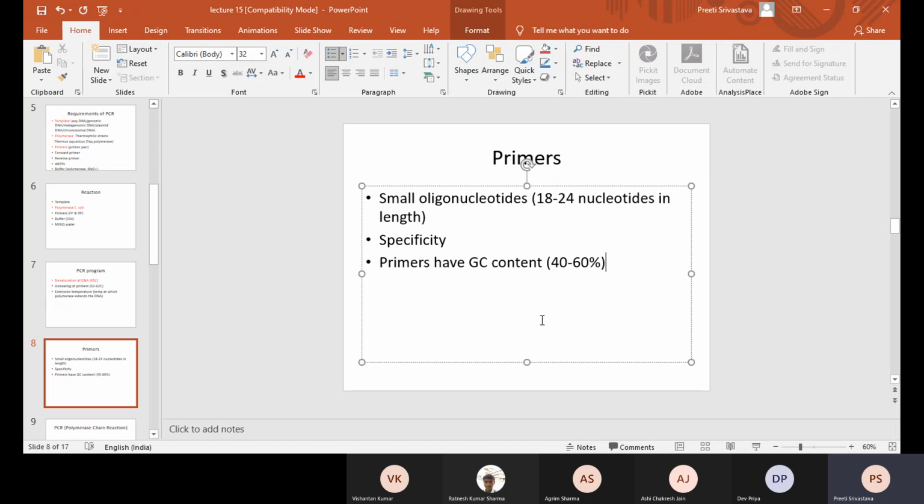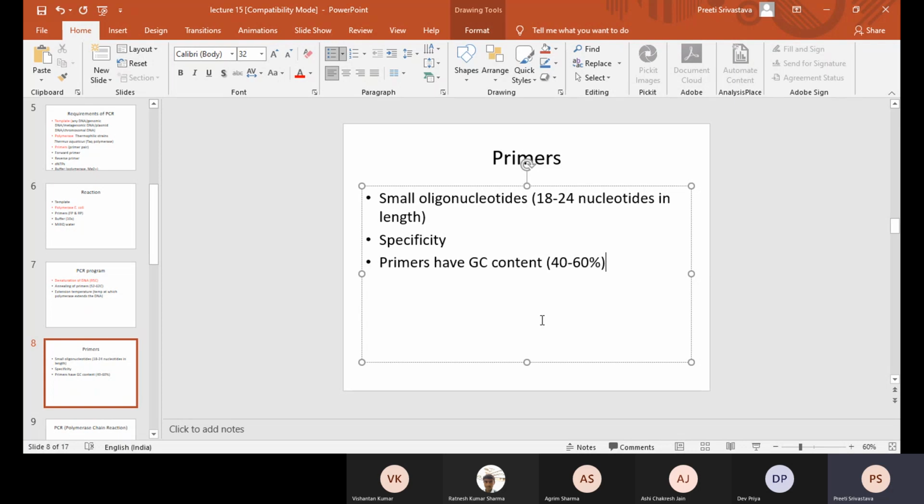So GC content depends upon, at times, I think maybe you missed the first part. When we were discussing the applications of PCR, it is used for amplification of a gene, but it can be used for just checking whether the gene is present or not. It can be used for amplifying non-coding DNA. It can be used for amplifying any DNA. So there at times specificity is required, in the sense that you want to amplify the desired gene from the initiation codon to the termination codon. So in such cases, there is no choice but to select those sequences.